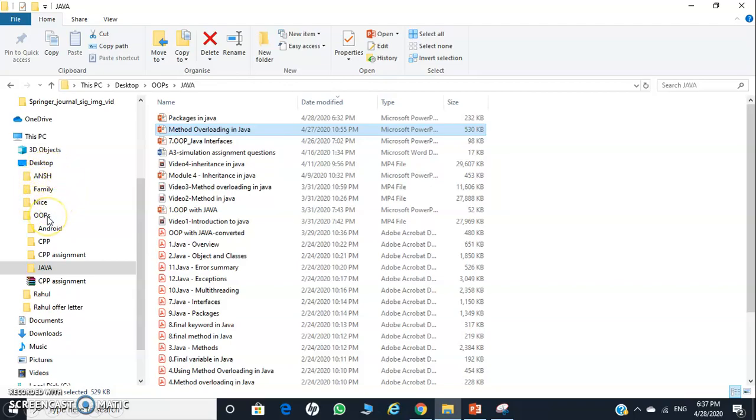For example, OOP is a sub-package, and folders inside the sub-packages can be considered as sub-sub-packages. For example, Java is a sub-sub-package, and inside Java, certain files or folders may be there. Those folders are known as sub-sub-sub-packages, and files are either Java classes or interfaces. So this is how we are going to organize our classes and interfaces inside Java.